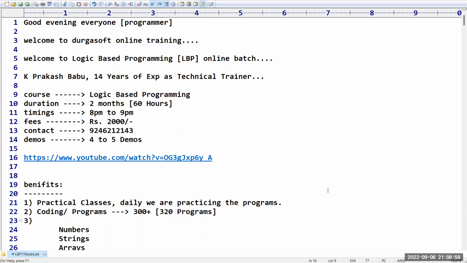Everyone has to put their concentration on the example, how it is related to the problem statement, and what logic I am explaining. While I am teaching the C language code or the Java code, first I will take C language, then Java, then Python.